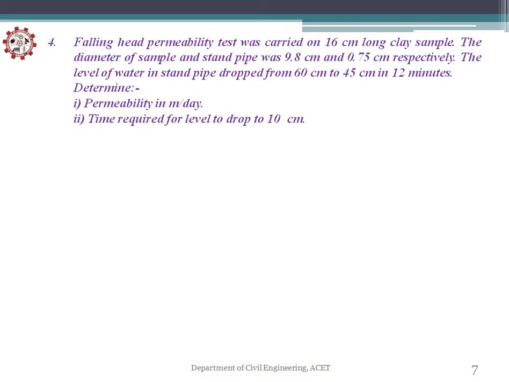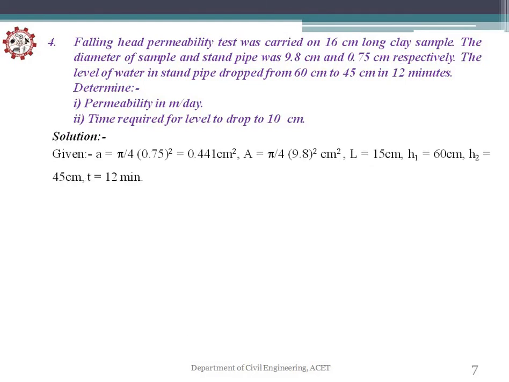So next, a falling head permeability test was carried on a 16 centimeter long clay sample. The diameter of the sample and standpipe was 9.8 centimeter and 0.75 centimeter respectively. The level of water in standpipe dropped from 60 centimeter to 45 centimeter in 12 minutes. Determine permeability in meter per day and time required for level to drop to 10 centimeter. So all the values are given, so write down all the values here, and then a formula to calculate K,